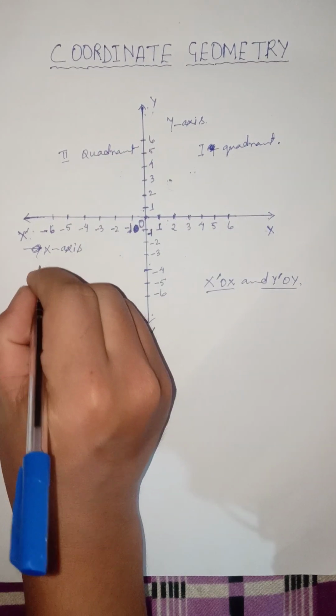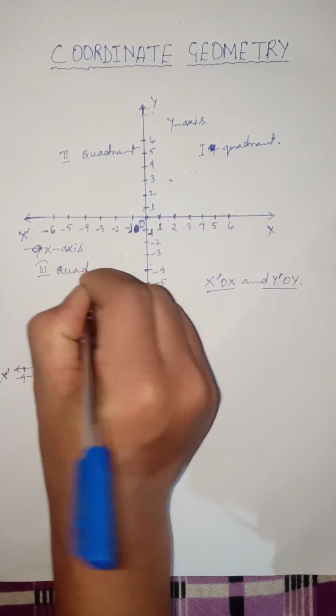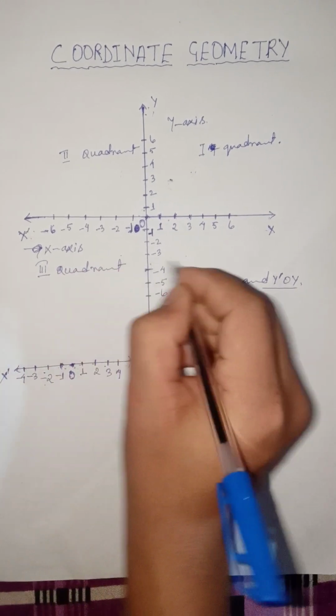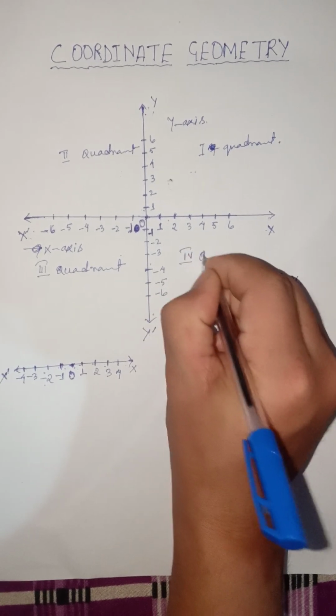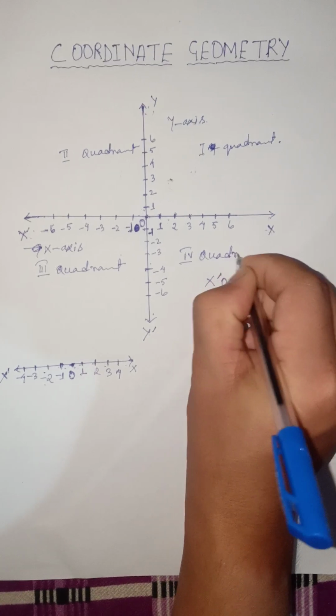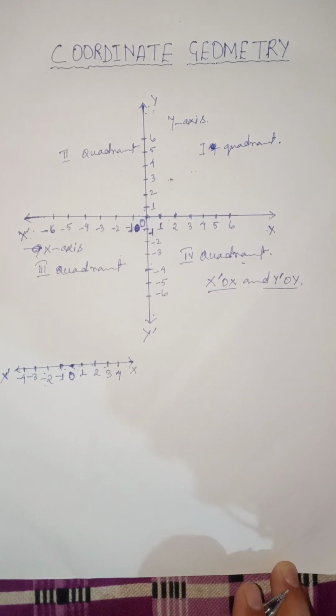And thirdly we have this, the third quadrant, and after that we have one more, the fourth quadrant. Is it clear to all of you guys? Then if it is clear to all,